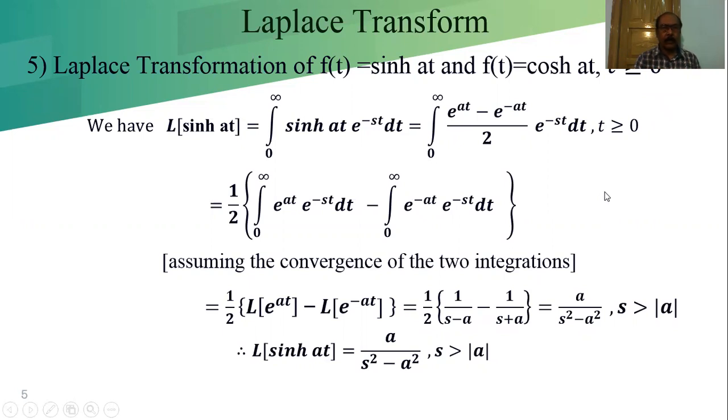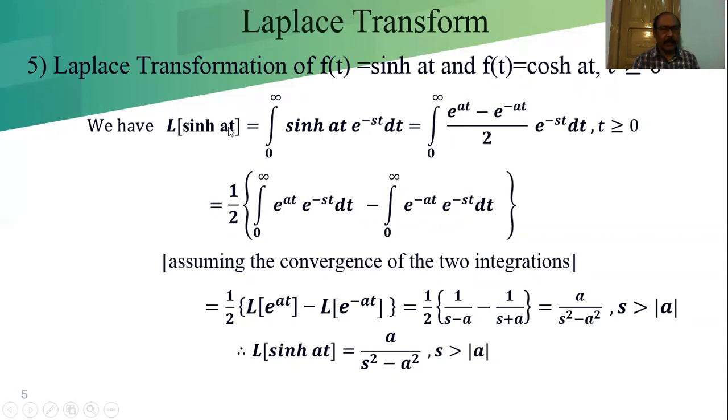Laplace transformations of f(t), that is, the function f(t) equal to sinh t and the function f(t) equal to cosh t. We want to find out where t is greater than or equal to 0. We try to find the Laplace transformation of f(t) equal to sinh t and f(t) equal to cosh t, where t is greater than or equal to 0, because t is starting from 0 and onwards. As per the definition of the Laplace transformation,